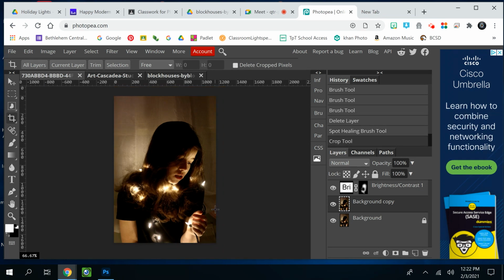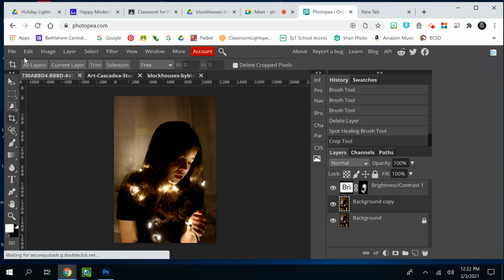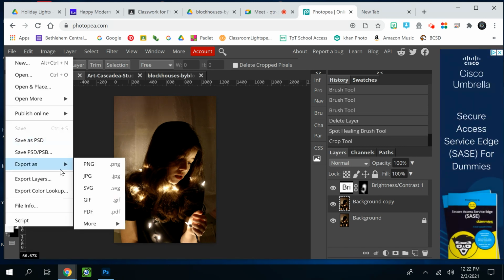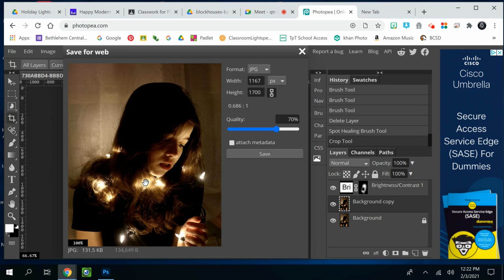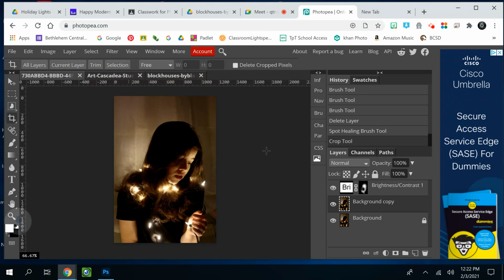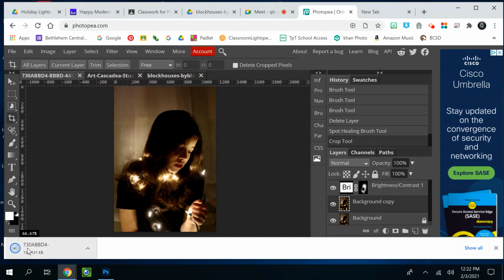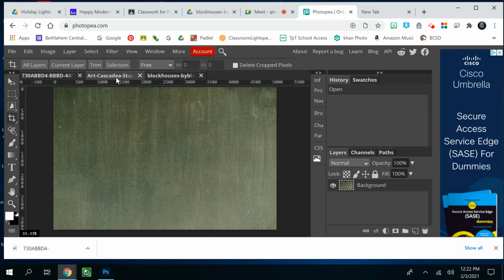So here's my picture. I could export this as a JPEG. So now this gets downloaded to my computer. So now I have this nice touched up image. Now I'm going to put some of this background in here. So I want to